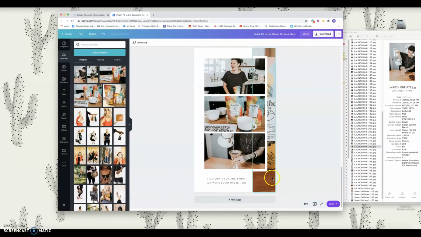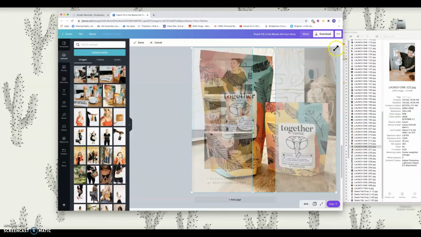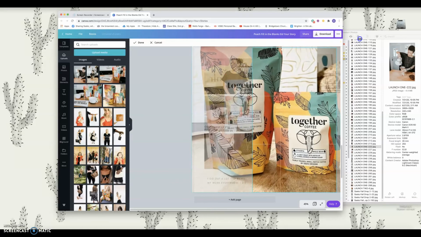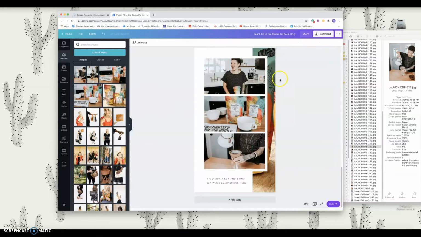I'm gonna do this and then just, okay, let's see. That's kind of fun. I don't know. I would just play with it. I kind of like just seeing the print of the bag, just a little bit of the print, it's kind of fun. And then you could say something like,